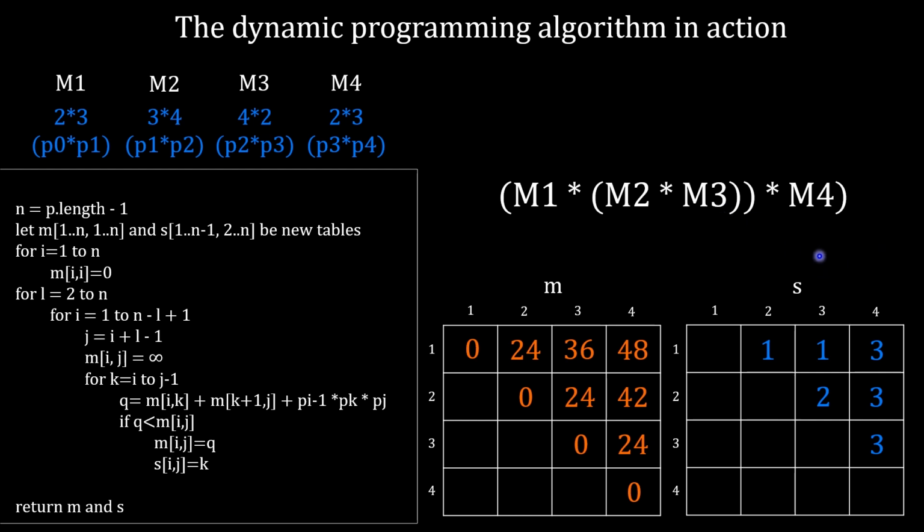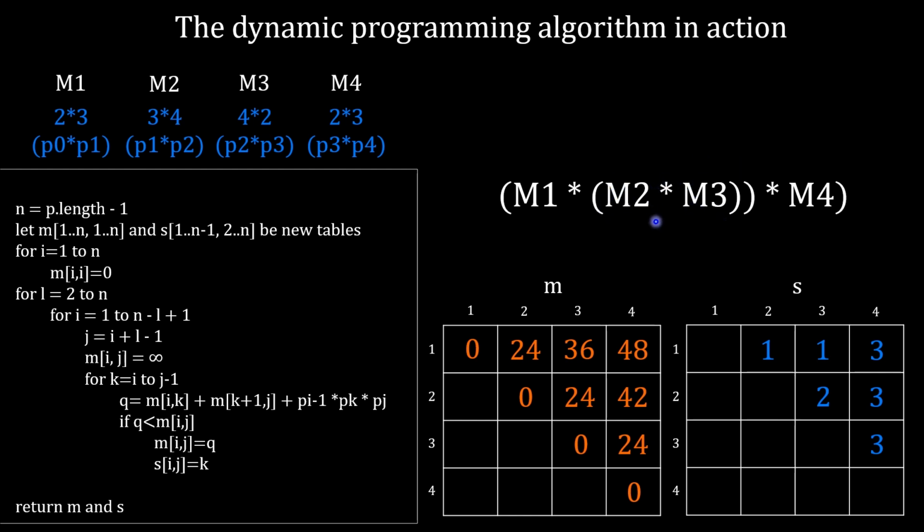So we can see here, from matrices 1 to 4, from the range 1 to 4, we need to first split according to the S table just after matrix 3. So then this gives us our first set of parentheses. We now, inside the first set of parentheses, have a range of matrix 1 to matrix 3. So we look at the S table. From range 1 to 3, it tells us to split after matrix 1. So we do that, we split down here, and then we have our second set of parentheses around matrix 2